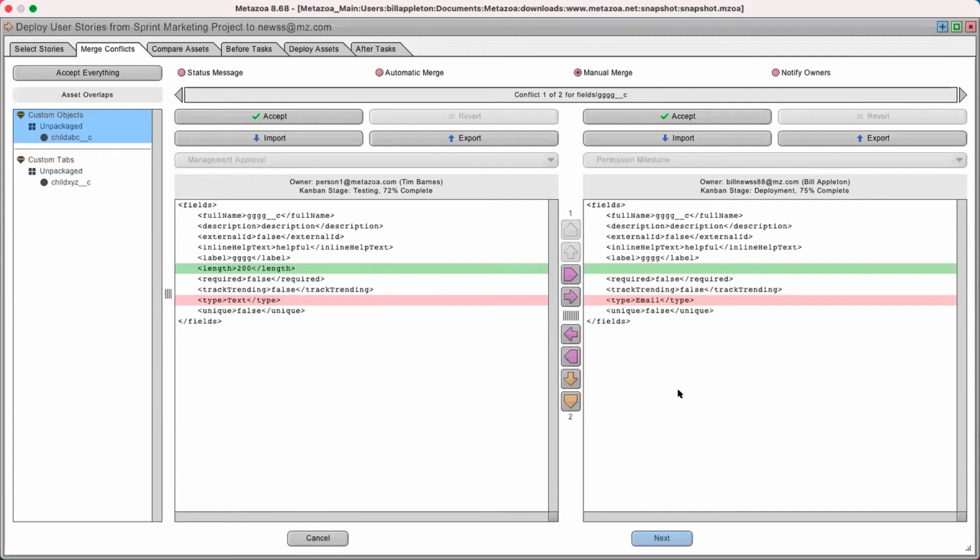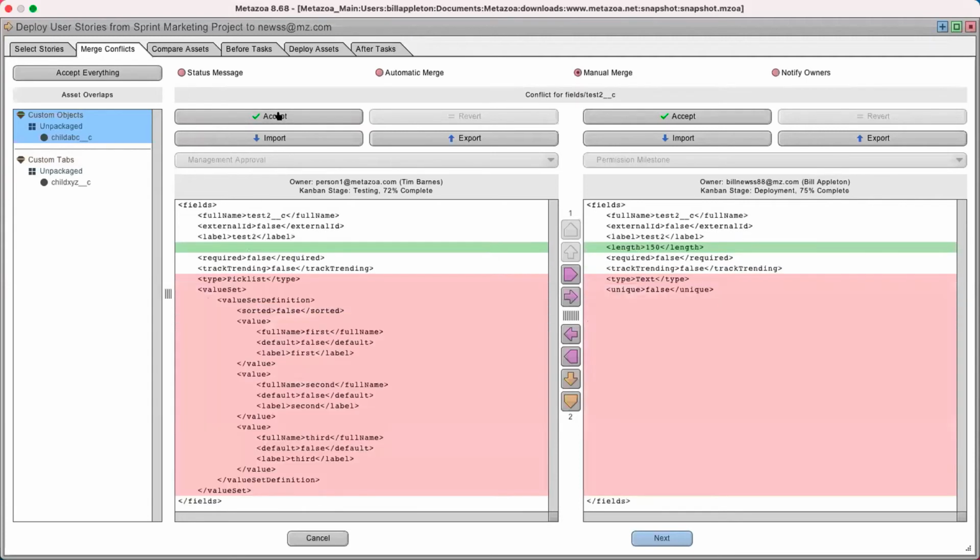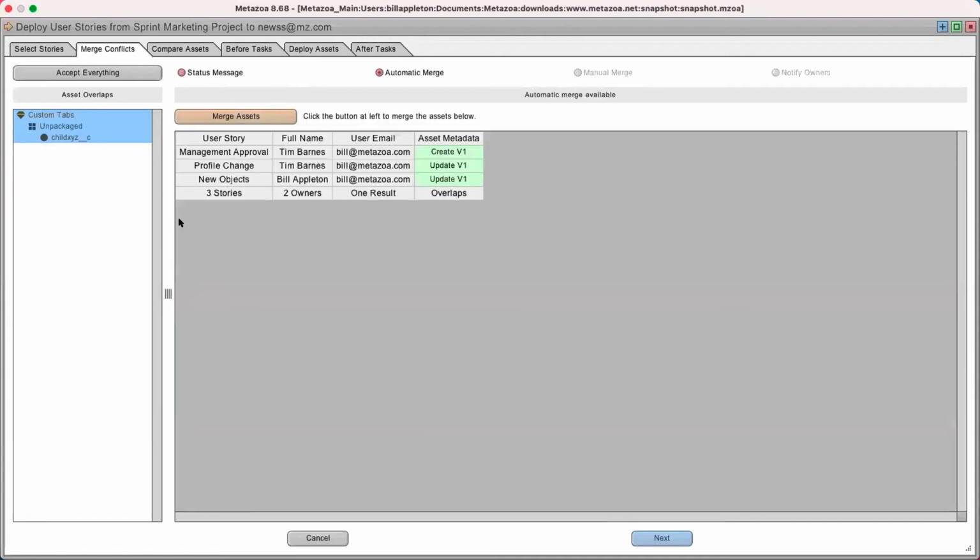And so in this case, is this field an email field or is it a text field? I happen to know that I want it to be a text field. So I'm going to click accept, and then that conflict goes away. We go to our next conflict. Is it a text field or is it a pick list? I happen to know that it needs to be a pick list in this case. Now, what you could do too is,